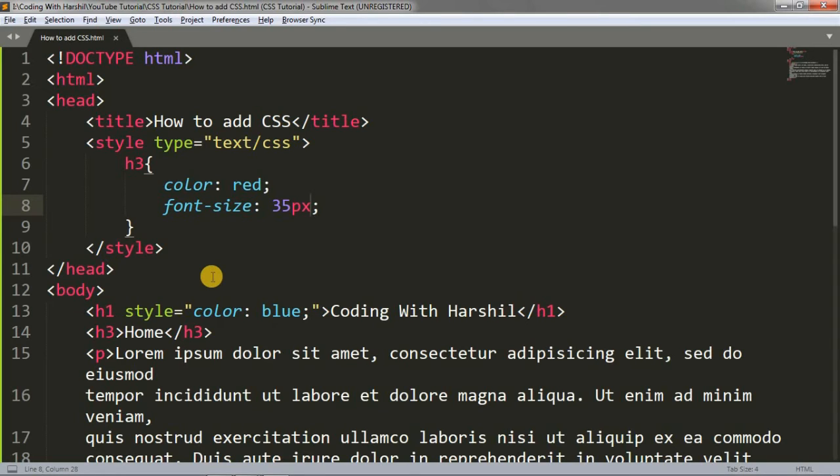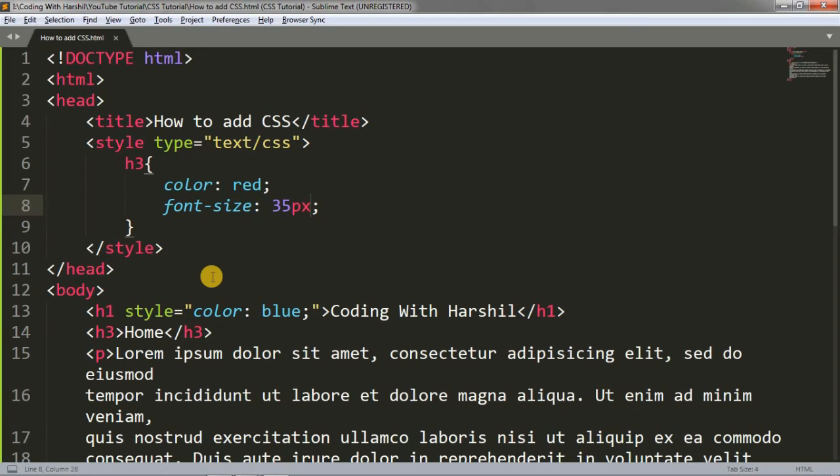So external CSS is different from inline and internal. In inline and internal, we are writing our CSS code inside the HTML file, but in the external CSS we are creating a .css extension file. Means we are creating a new file and we are connecting that CSS file with this HTML file.